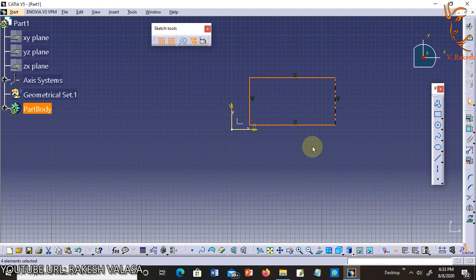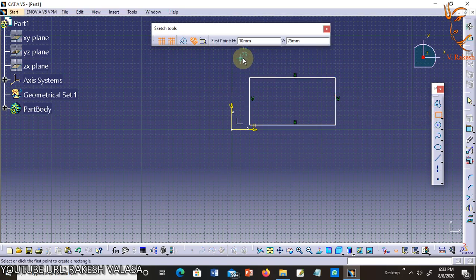You can also draw a rectangle by entering the values in the sketch tools toolbar. On drawing a rectangle by this method, you will notice a few dimensions and constraints are applied to the resulting rectangle.